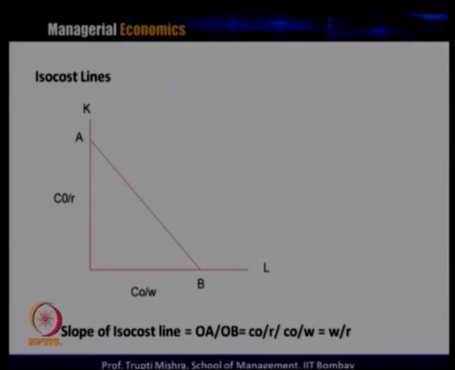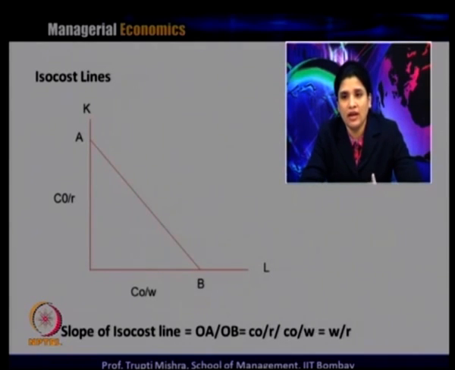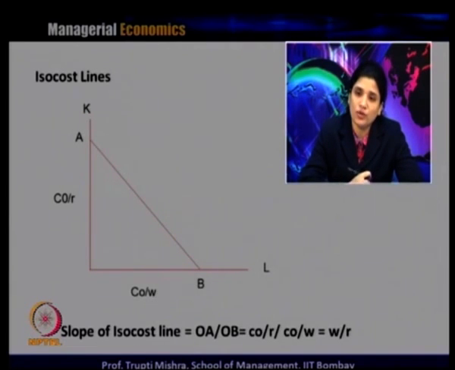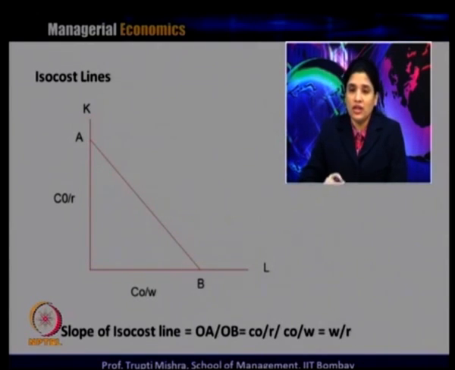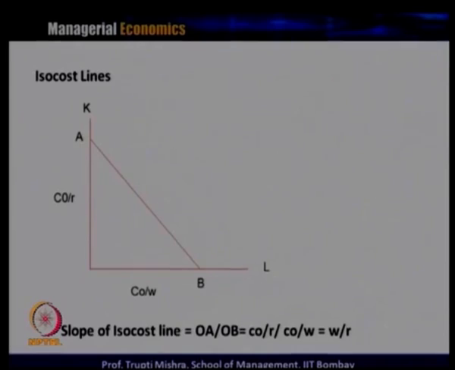So, we know the isoquant gives the level of production with different combinations of capital and labor. The isocost is the budget constraint of the firm, because the firm cannot go on producing output by changing the input level; there is always a budget constraint. They cannot go on just adding inputs, because they also have to bear the cost of inputs. That is represented in terms of the isocost line. So, with the help of isocost and isoquant, let us see how to get the optimal input combination.